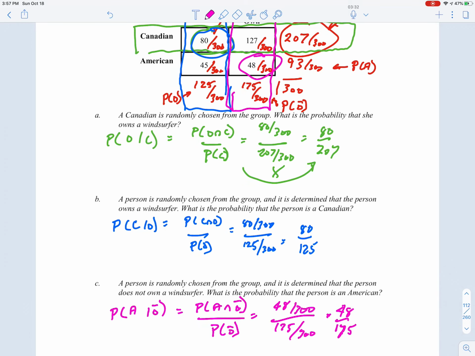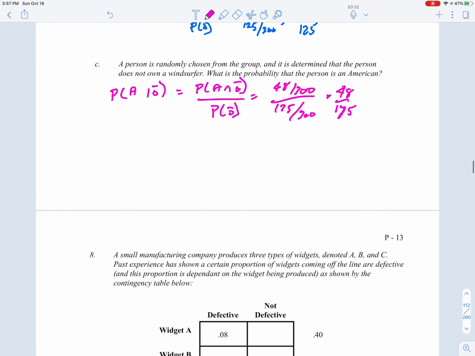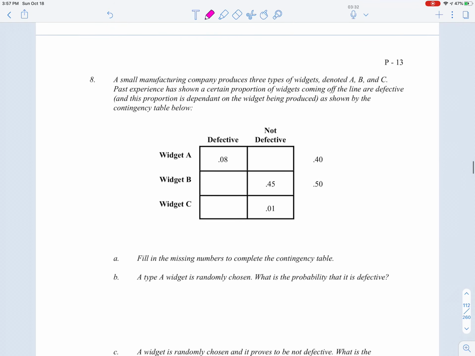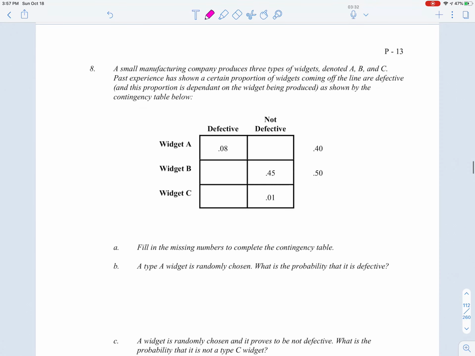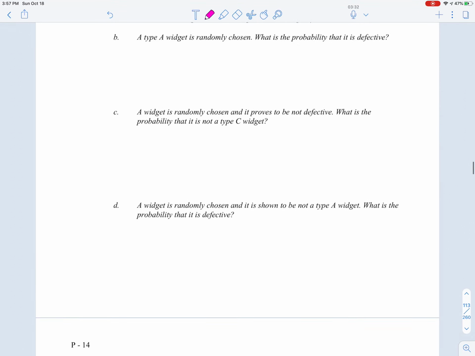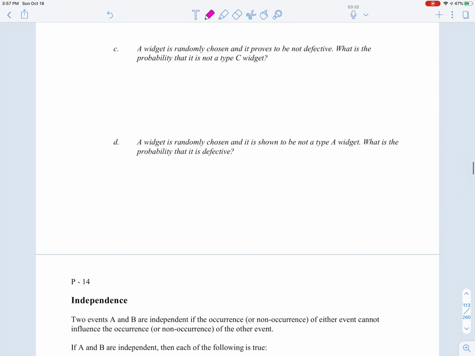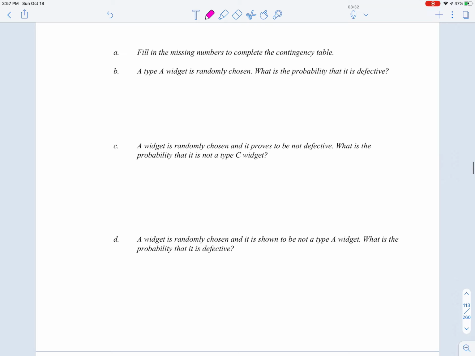And there you go. What I'd like you to do is do this next one for homework. We're going to take that up in class, so P13, and we will do that in class, and then we'll get into looking at independence next. So let's stop the